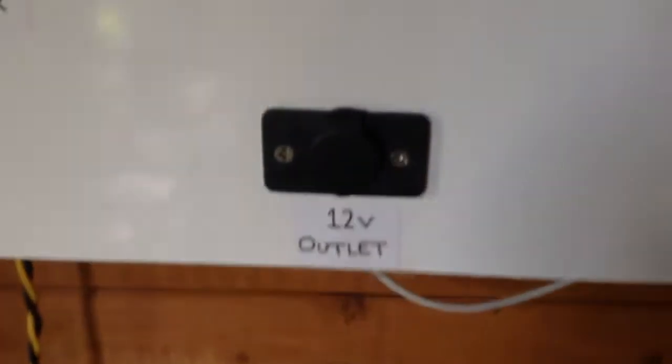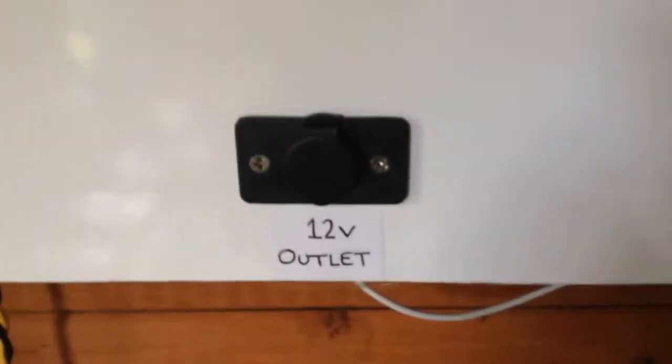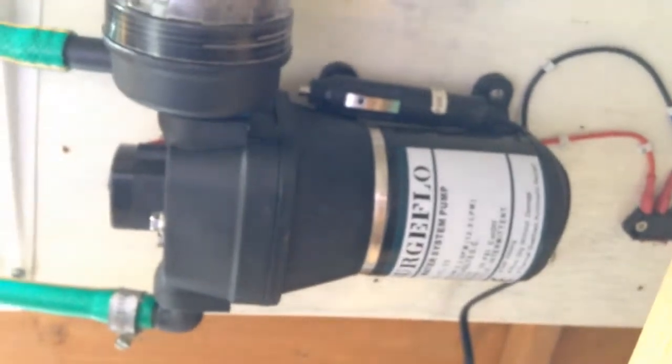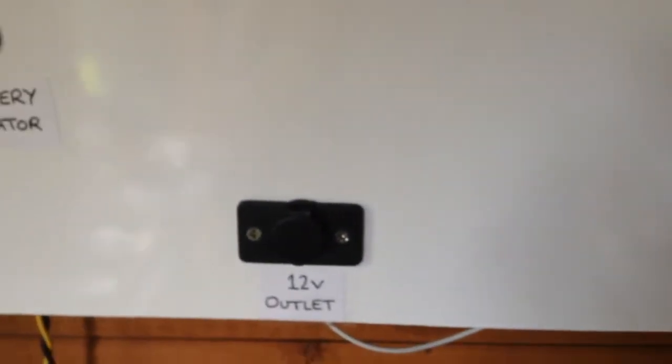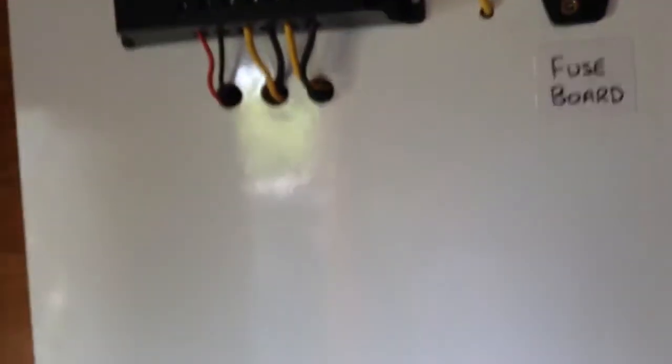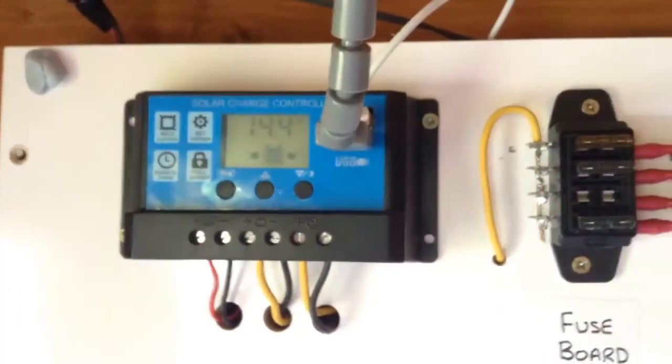I had it in here and I put this outlet in for several reasons. One of them was to run my garden water pump, which draws 4 amps. And I plugged it in and I had a 5 amp fuse up here, and I had some issue with the water pump and it blew a 5 amp fuse. The fuse went bang. I don't know if I've still got the fuse around here somewhere. Yep, here it is. The fuse went boom, as you can see here. There's a dark bit in the middle of the fuse, that's where it blew the fuse, boom, it tripped out the overload protection on the charge controller, and then I heard another bang and some smoke,